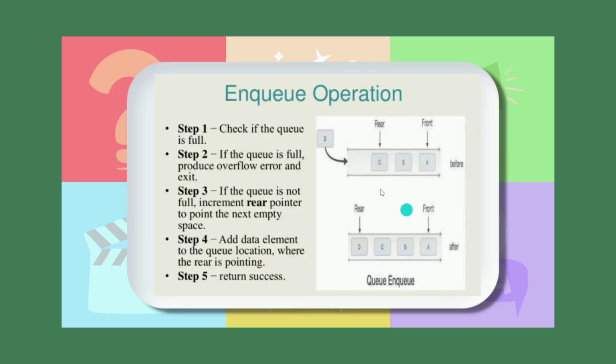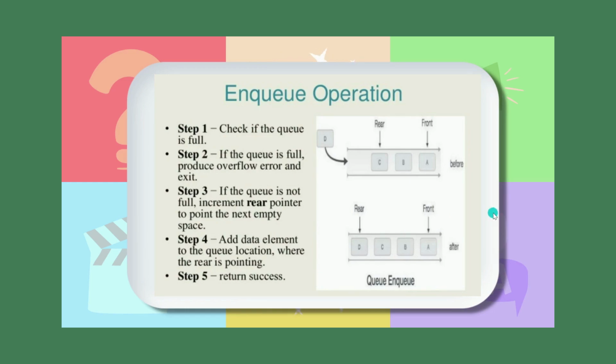So then let us see the enqueue operation. For the enqueue operation, we check whether the queue is full or not. If the queue is full, then it is not possible to insert any other element in the queue, and so that operation is not possible. So we produce an error which is known as overflow error, and we exit. If the queue is not full, then we increment the rear pointer, which points to the last element. The pointer is incremented by 1, and at that point a new element can be inserted,